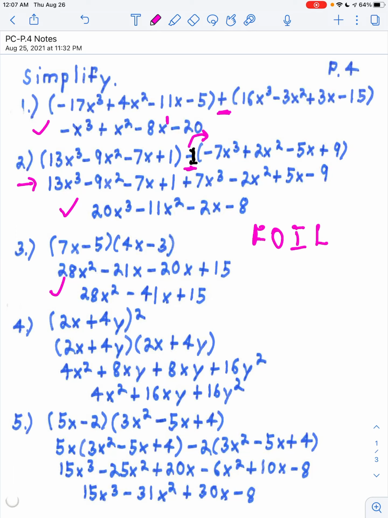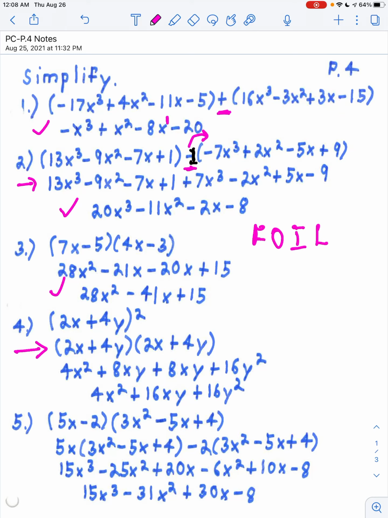What happens in number 4? Well, in number 4, we are squaring a binomial. One way to go about squaring is to rewrite it as FOIL, the product of two factors of the quantity 2x plus 4y. Of course, the first product would become 4x squared, the outside product 8xy, and the inside product